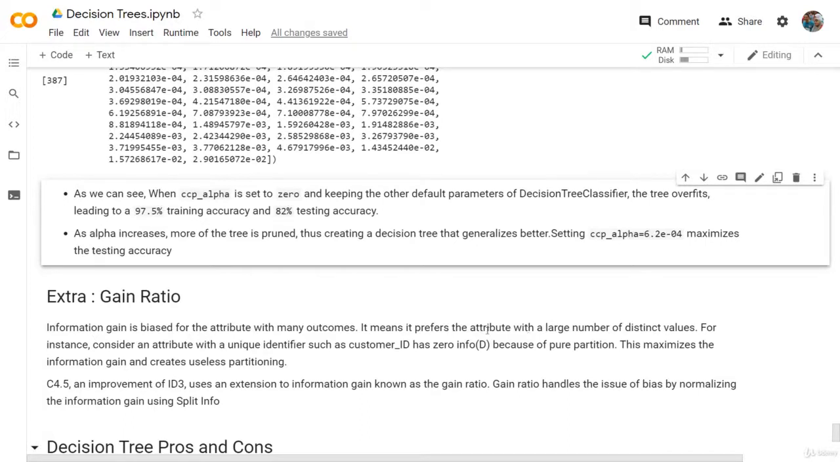For instance, consider an attribute with a unique identifier such as a customer ID, right? For the customer ID column, we have so many unique values because each row will have its own customer ID, and the customer ID shouldn't be duplicated, right? But actually, if you think about this column, it doesn't really add anything at all. It doesn't really contain any information. But even so, the information gain equation and the entropy equation will tell you that this column contains the most